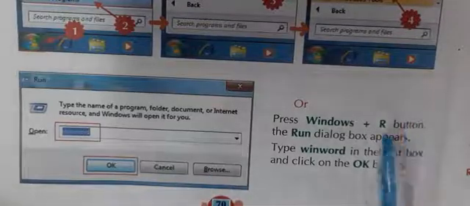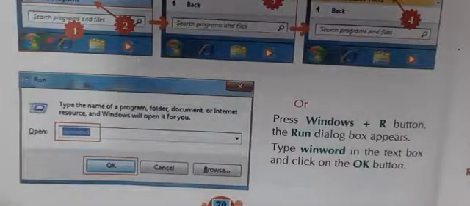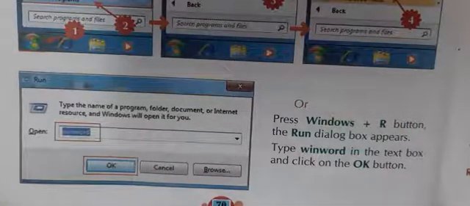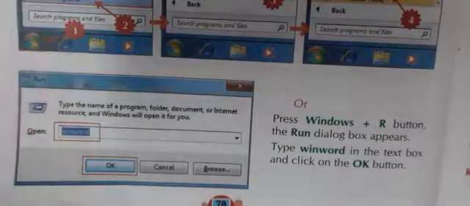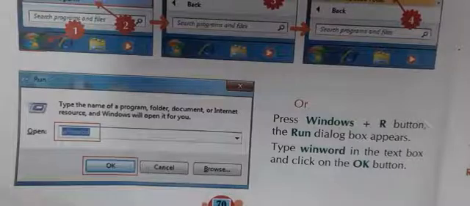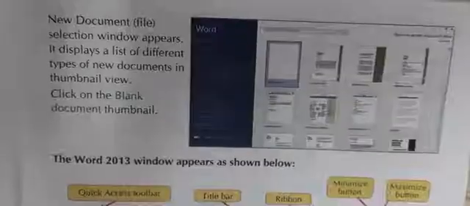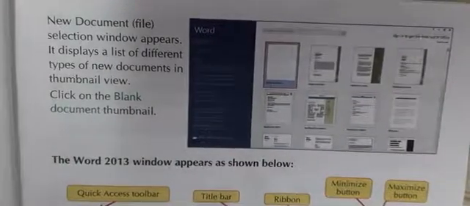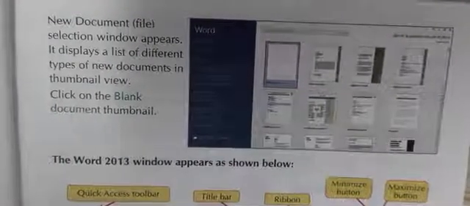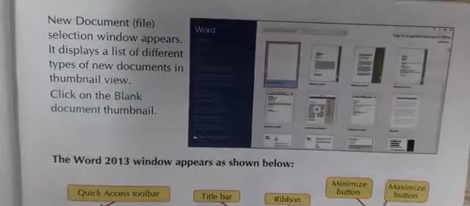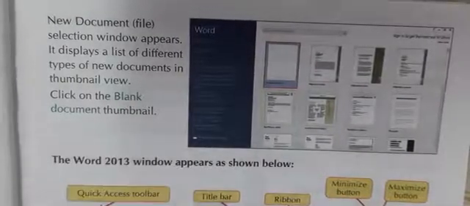We have learned about the two methods of opening MS Word. Now we will learn about the various components of the Word window. Students, when we open MS Word, a new document file selection window appears like this.